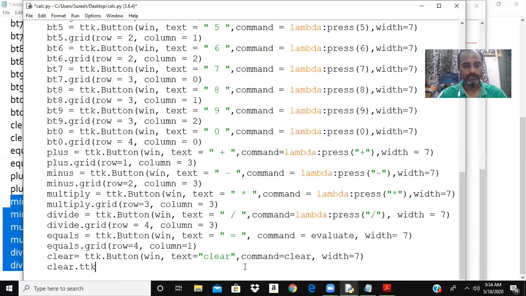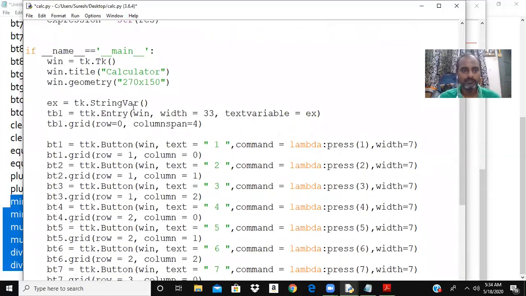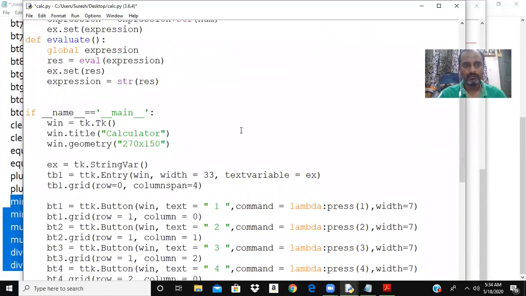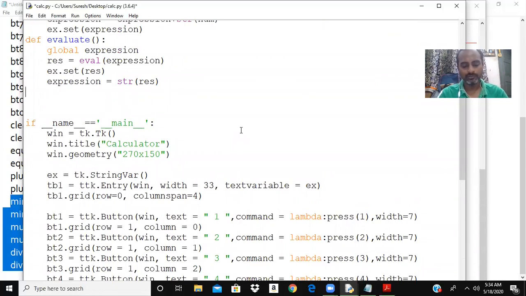Okay, clear dot grid, row is equal to 4. I can see that equal to is at column 1, so I need to give column is equal to 2. Okay, this adds clear there. Let me write the functionality of clear. Clear should make the expression an empty string.